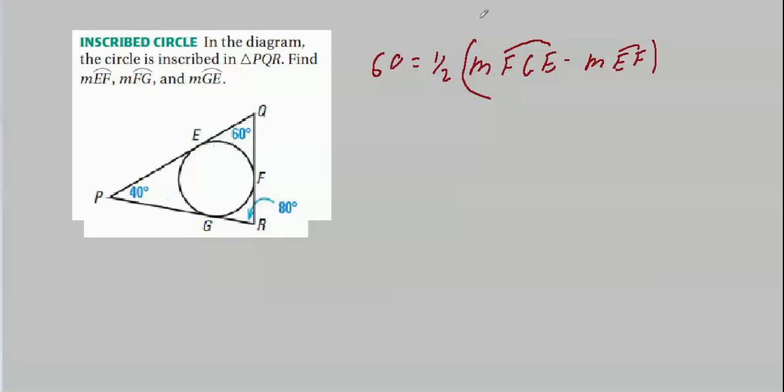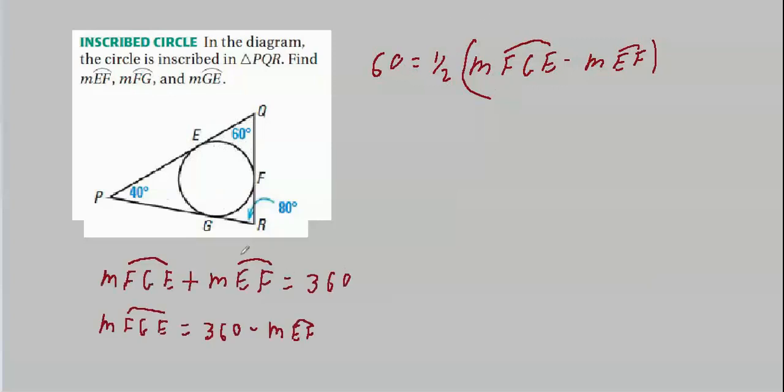So if we write this out, I think I've already said it, so we'll just write it. The measure of FGE plus the measure of EF equals 360. Or the measure of FGE equals 360 minus the measure of EF. Well, we've got an FGE up here, don't we? That means we could just substitute and write that this is